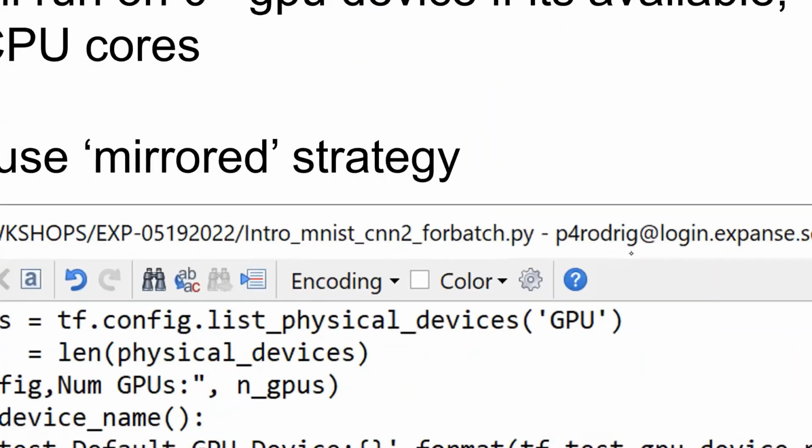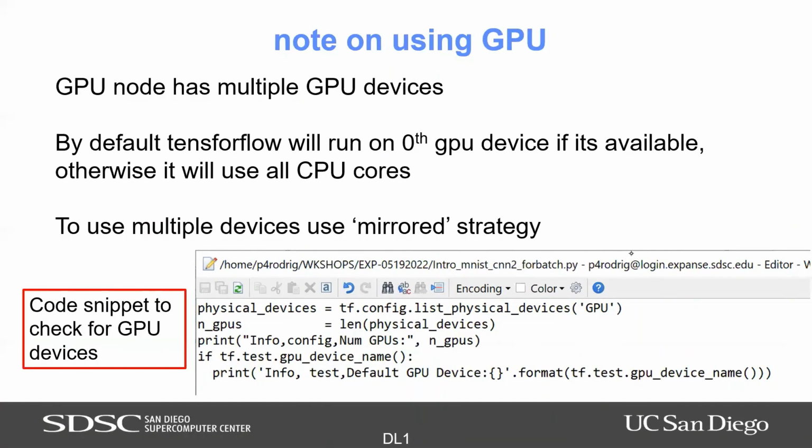What I find is, sorry about that. What I find is it's nice if you're going to run GPU, you don't have to necessarily change your code, but it's nice to add a little bit of snippet so you know what's happening, what devices are available. So this is a code snippet that you can use so that when you run on GPU, it'll show you, oh, this is the GPU devices that I have, the number of GPU devices, and these are what they're called. If you want to start using multiple GPU devices, if you want to actually start splitting your data so it can take advantage of multiple devices,